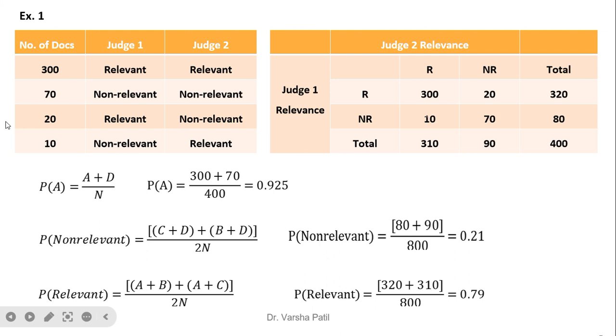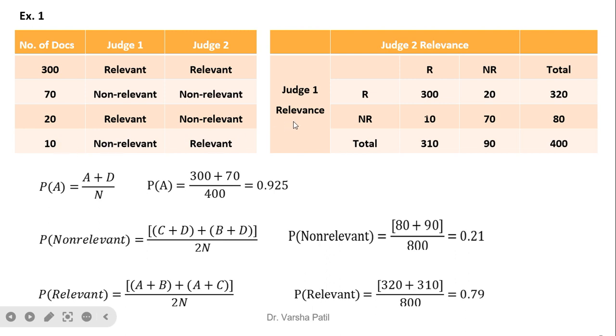Example 1. Judge 1 and Judge 2 are there. For 300 documents, both agree they are relevant. For 10, both agree they are non-relevant. For 70, both agree they are non-relevant. For 20 and 10, one says relevant and the second says non-relevant, and for the fourth, that is 10 records, one says non-relevant